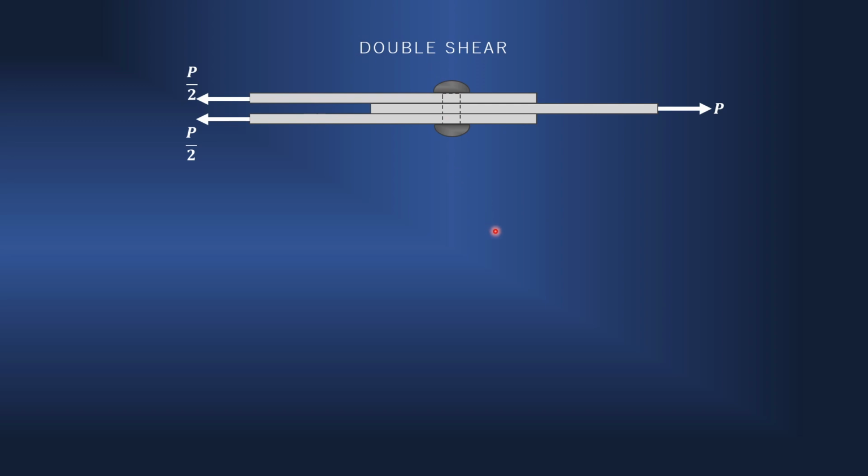But if a joint fails due to failure of the rivet, what exactly will happen? Let's check. So here is the rivet. Its middle portion is experiencing pull P in the rightward direction, and the upper portion, upper 1/3 and lower 1/3, are experiencing force P by 2 each in the opposite direction. So the rivet is in equilibrium. But if you go on increasing force P, a stage will come. The rivet will break.